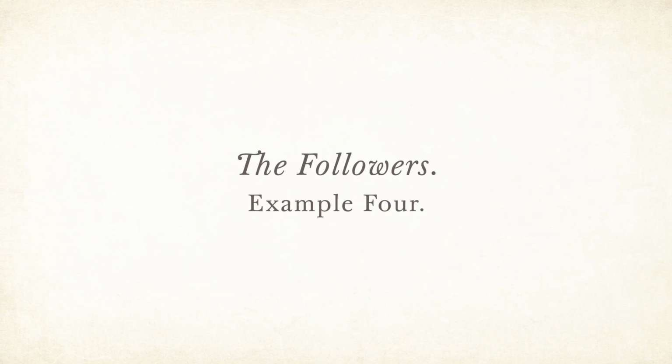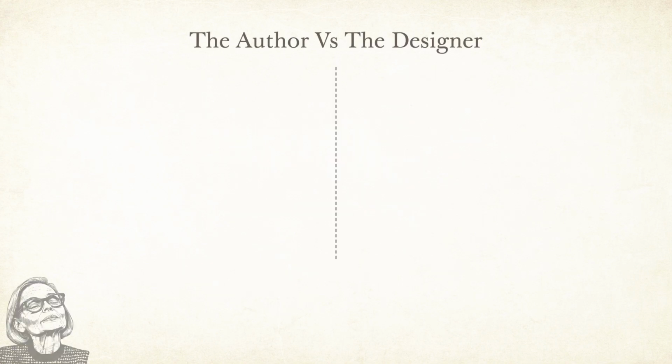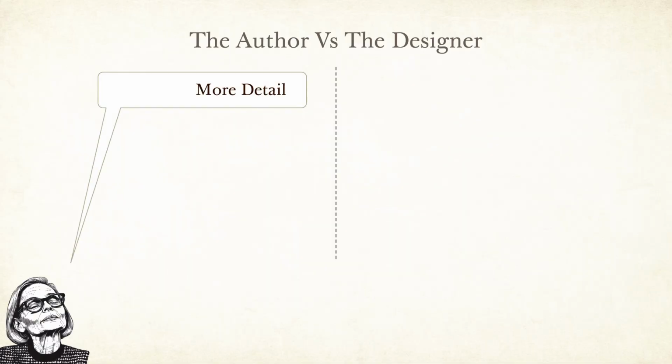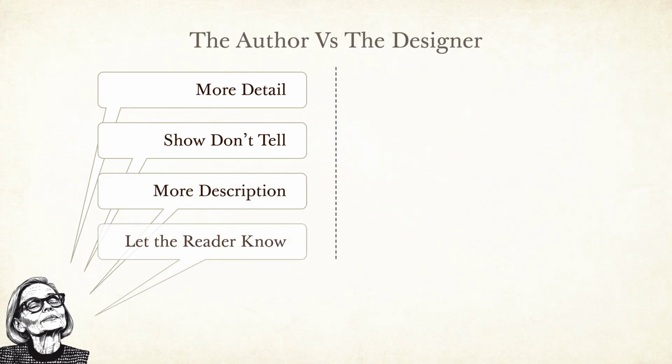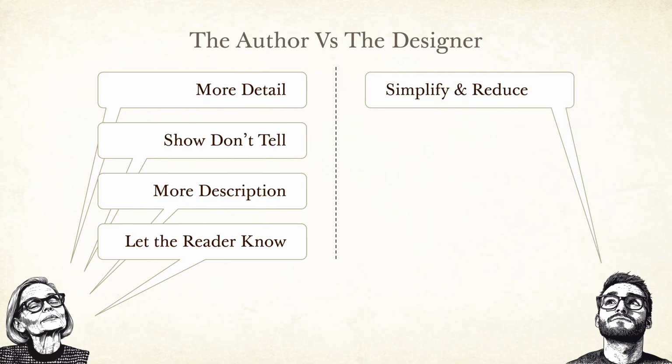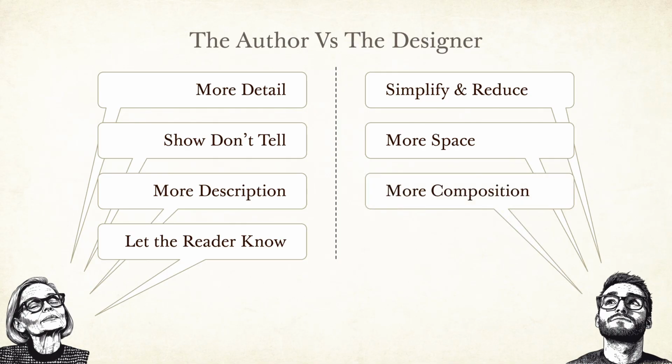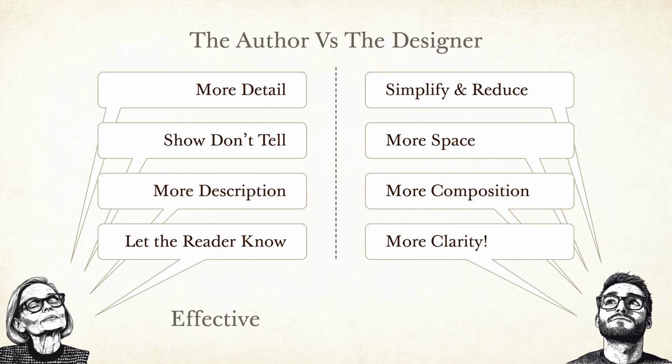Example 4. As an author, you desire and yearn for detail. You're told, show, don't tell. Write more description. Let the reader know. But as a designer, I always tell myself, simplify and reduce. More space. More elegance using composition. Because these things ultimately mean more clarity. And clarity is needed for effective communication. These are all things that will make your book cover stand out against all the overly complex, visually muddy offerings